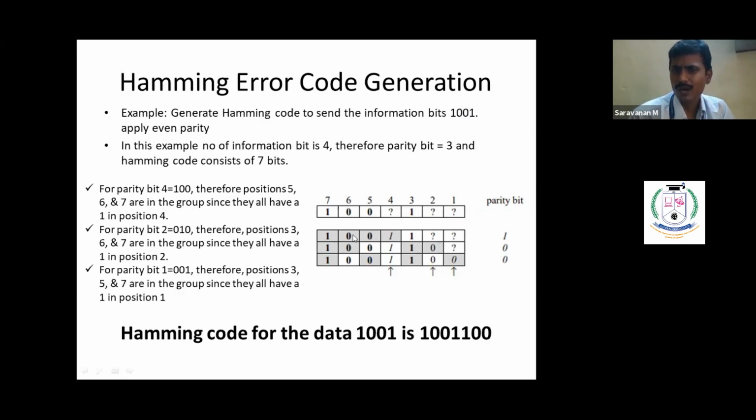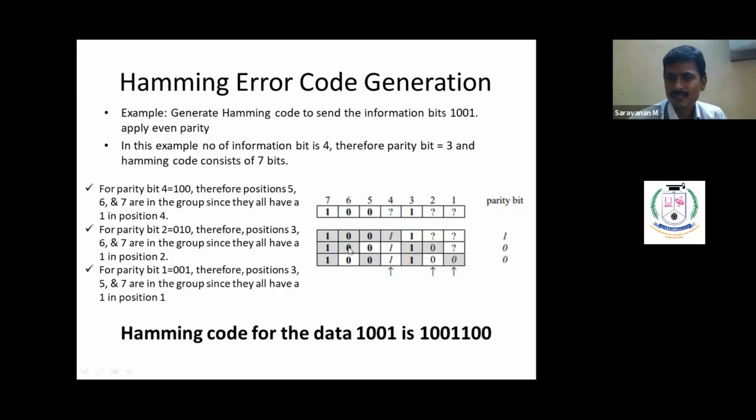Okay, there will be an odd number of ones. To make it an even number, we have to add one more 1 here, so that, considering along with this parity, we get an even number of ones. That is the logic, right? So the value of this will be 1. Is that clear?